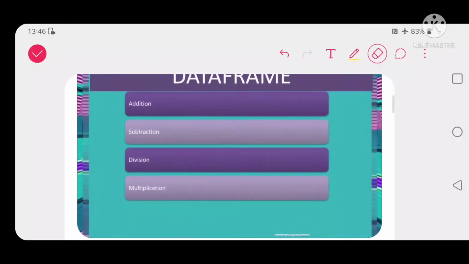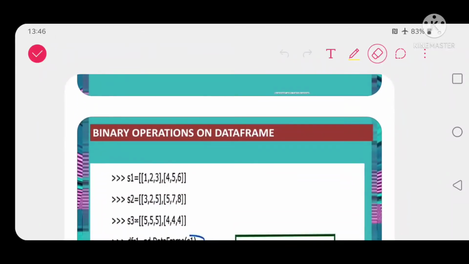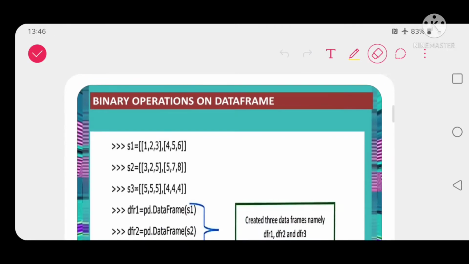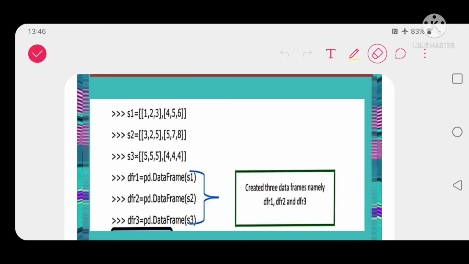Yes, let us continue. For doing the binary operation on data frames, we need two frames at least. For example, in this